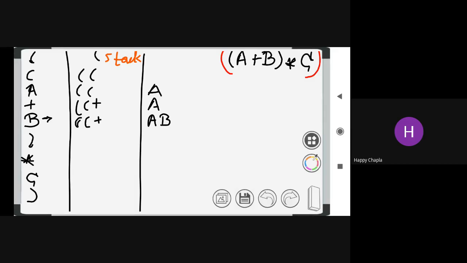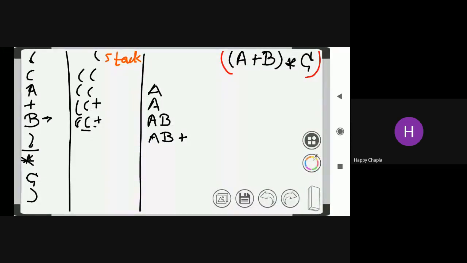Okay, now I am encountering the closing bracket. Now check the rule. If you encounter the closing bracket, the rule is whatever elements are in the stack, you need to pop out every element from the stack. So A, B, and the first element I need to pop out is plus. And then the starting bracket.